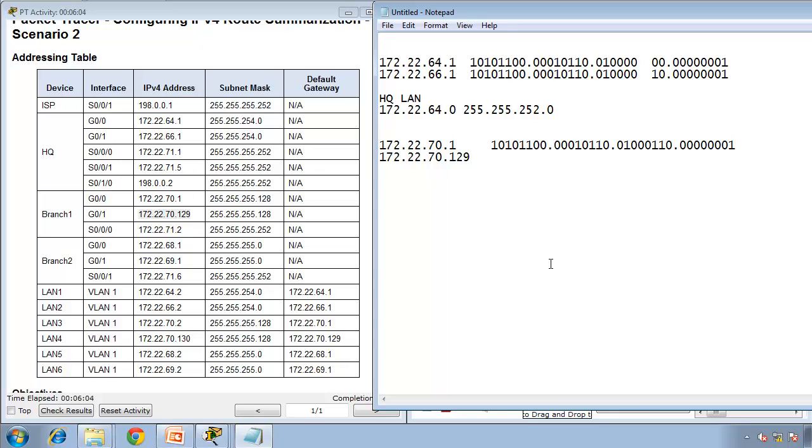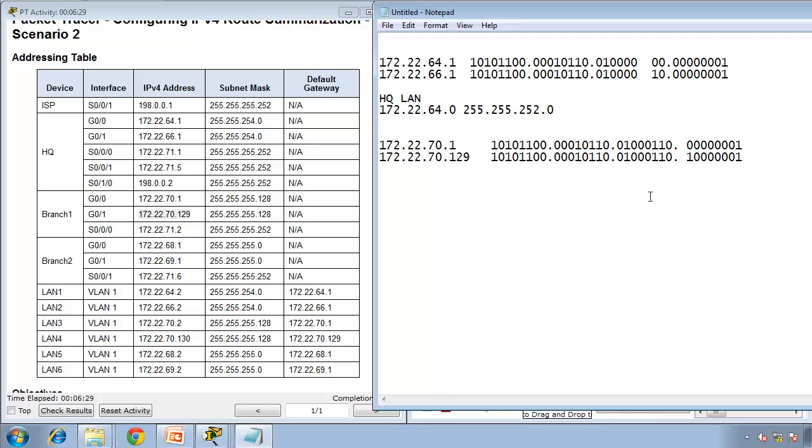Okay, next one. Again 70, 0, 1, 0, 0, 0, 1, 1, 0, and then 129. So 128, 129. So when we calculate this, try and find out where the differences are starting. So here is the same, up to here is the same. So here the differences start,